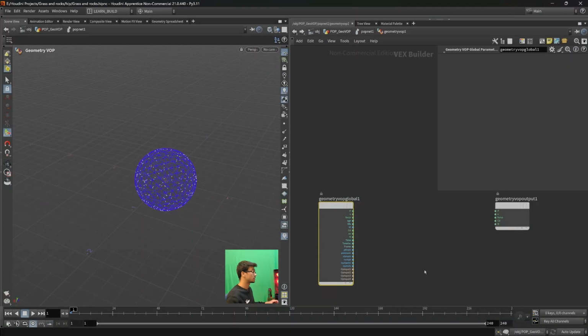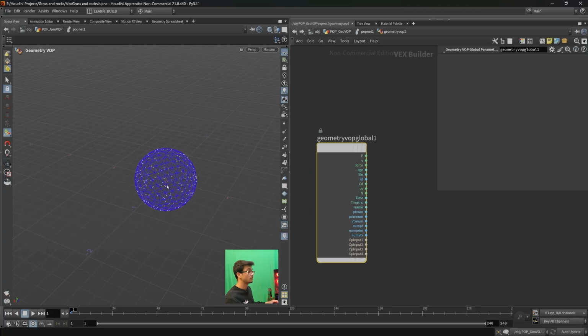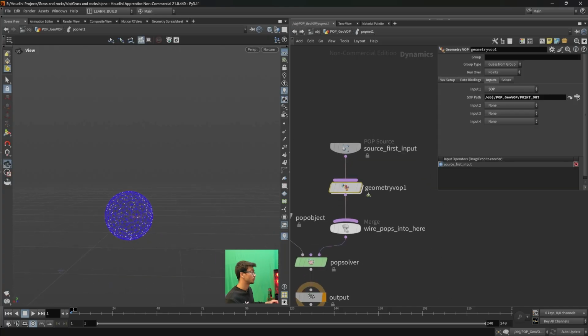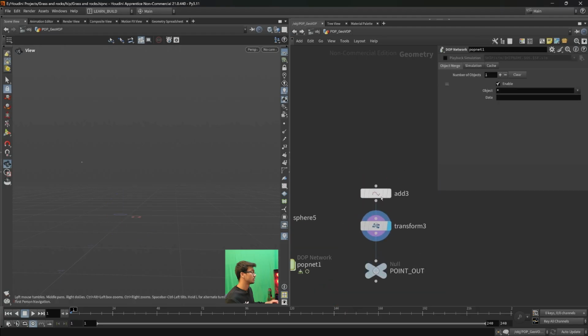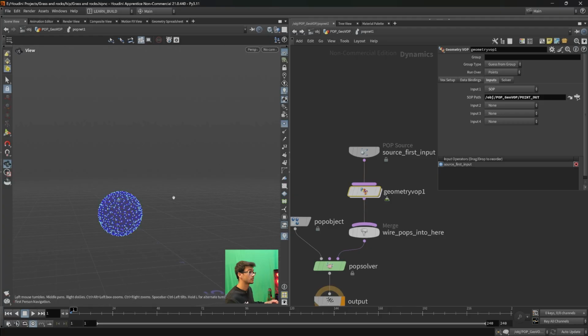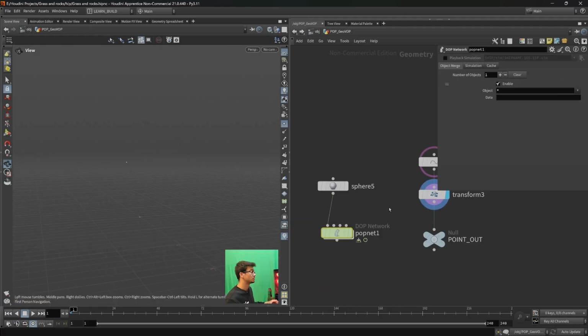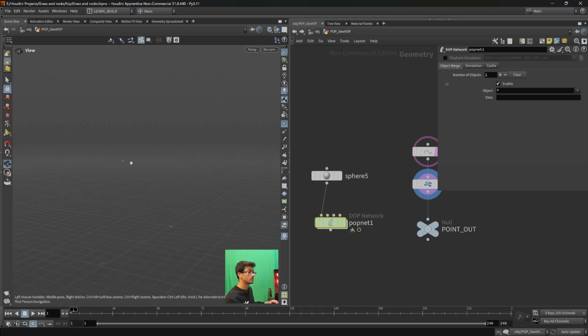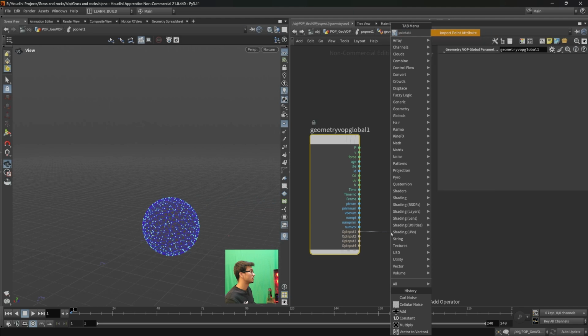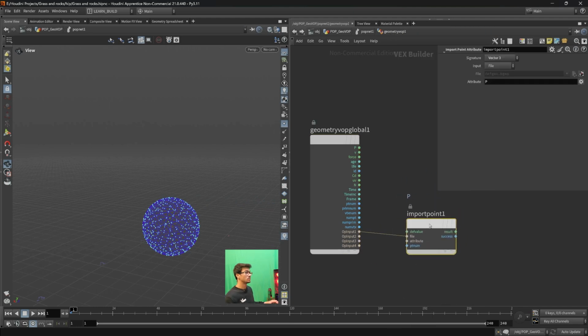So let's do it here. So we have the point position of this point. Where is that point? We have this point position of this point. So we know that we can see it here. This point is, we can have the point attribute. This will import the point attribute. So we want to read